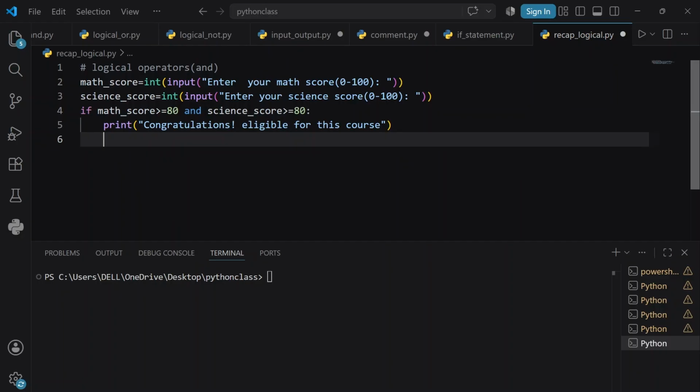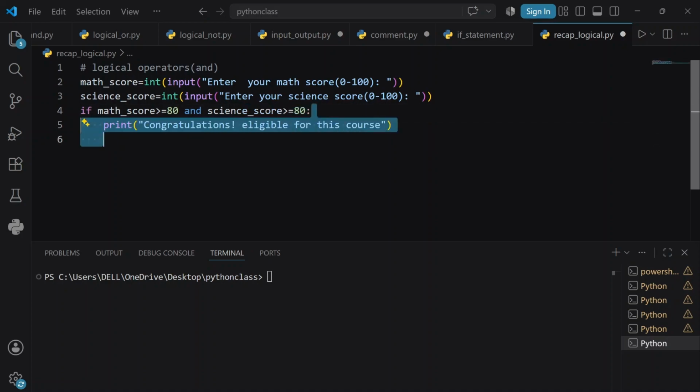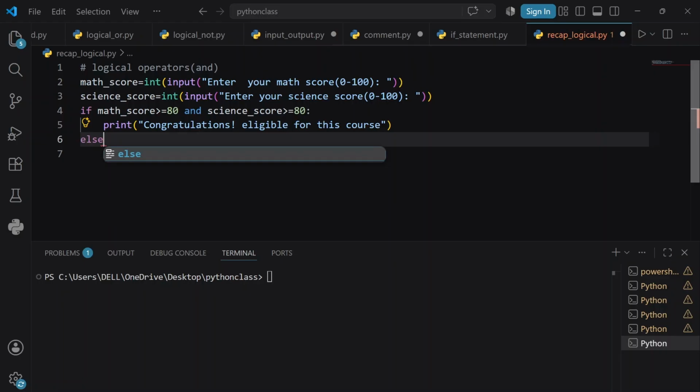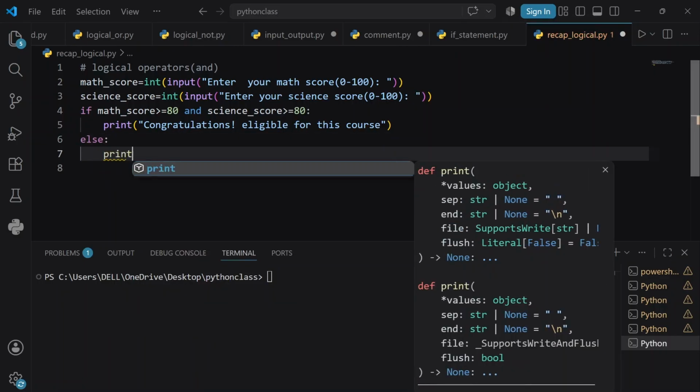So what happens if our student scores more than 80 marks in maths and more than 80 marks in science too? Then the student gets a message, and this message is going to be seen on this interface. So what happens if he is not scoring that much? Else print